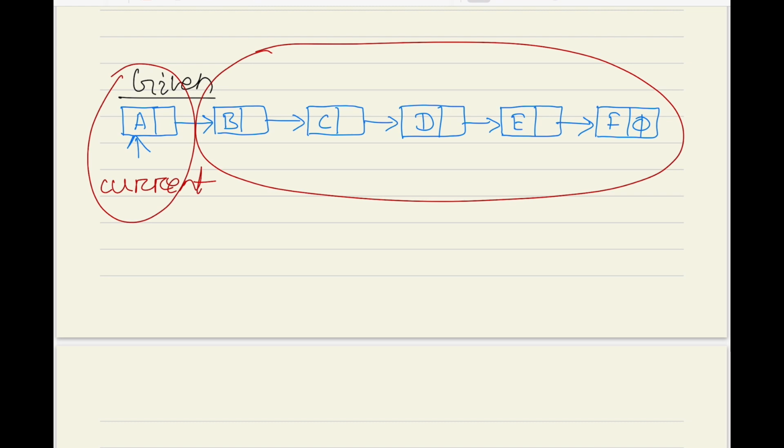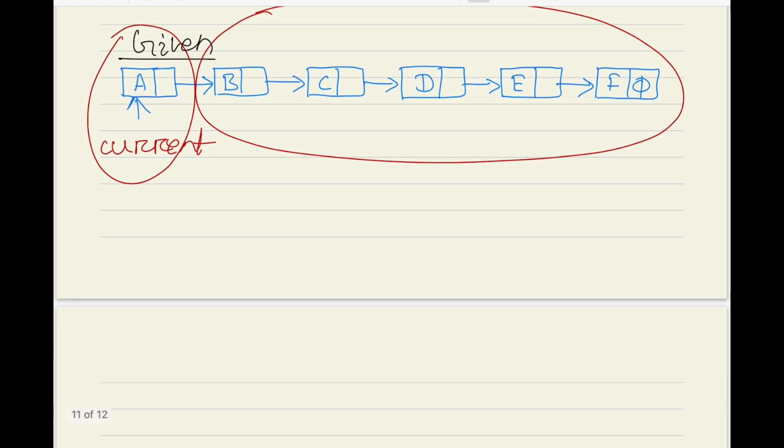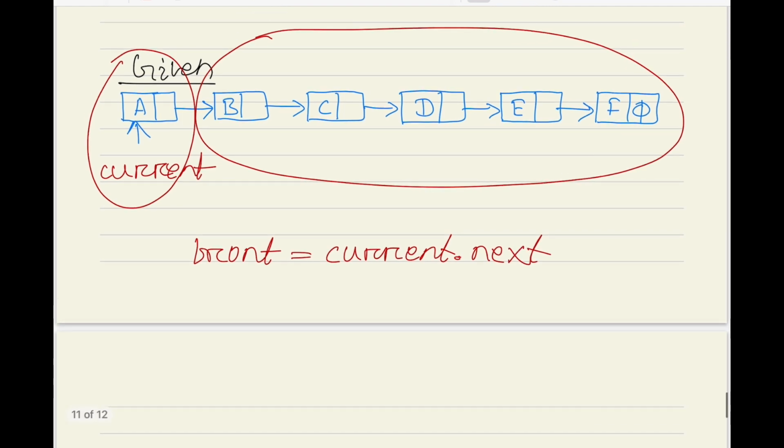So now we know that A will be the last node. In the present scenario, you can observe the next of current is B. So consider another reference variable, and that is front. So front is equal to current dot next. Now you can observe, after the reverse operation, this will be the last node, and